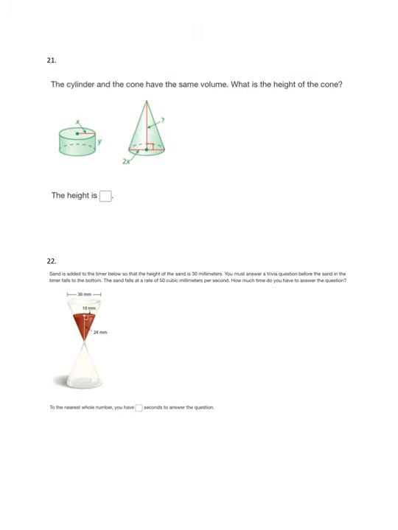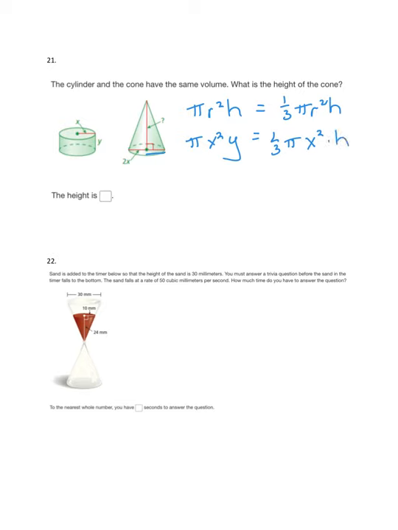All right, number 21, I'm comparing this cylinder and cone. It says that they have the same volume, and I need to figure out what's the height of the cone. So the volume of the cylinder is pi r squared h, and the volume of the cone is 1/3 pi r squared h. I see that the radius of the cylinder is x and the height is y, so that's pi x squared y is equal to 1/3 pi, and the radius of the cone is half of 2x, which is x, so that's x squared